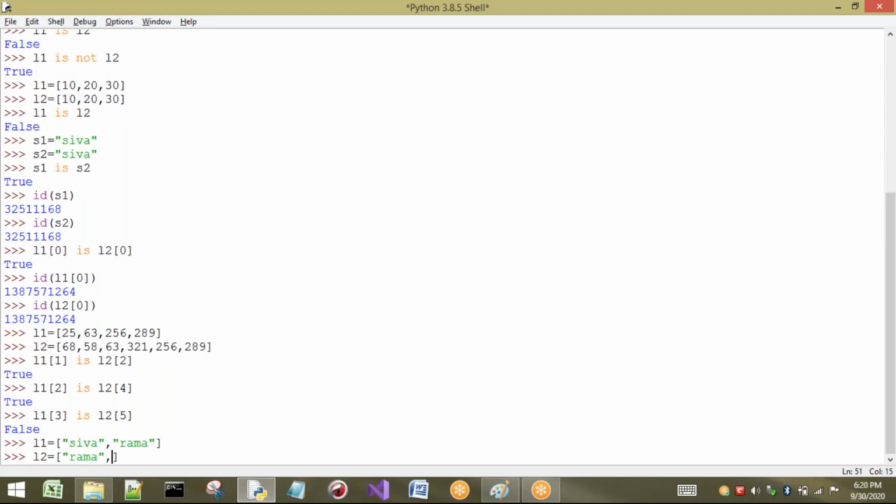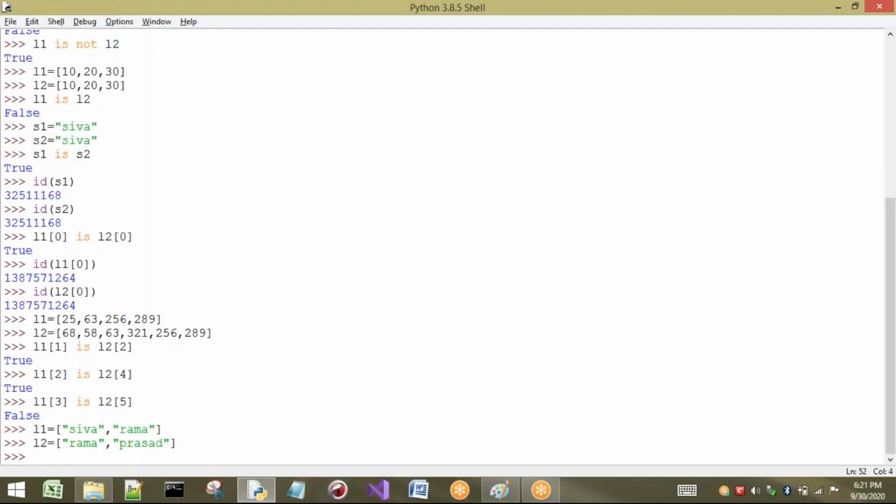If you take any type of string, for the same string we are going to have only one object. So here you can observe, L1 of 0 is Shiva; is Shiva there in L2? Not there. So if I want to compare L1 of 1 and L2 of 0, we are going to get what? We are going to get L1 of 1 is L2 of 0.